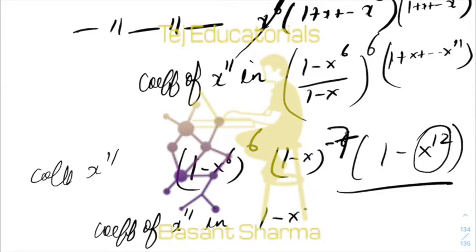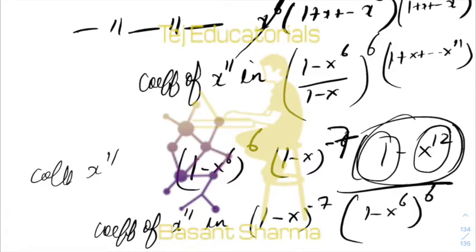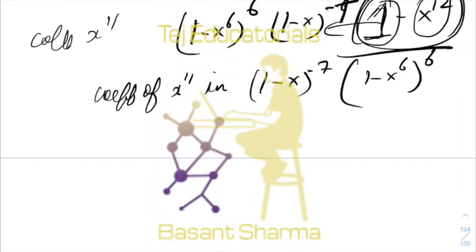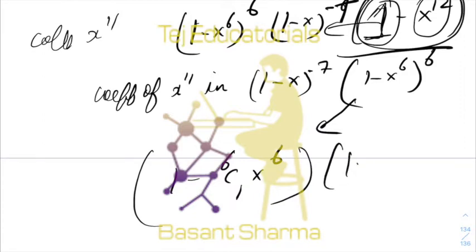So basically what you want is the coefficient of x to the power 11 in (1 minus x) to the power minus 7 into (1 minus x to the power 6) to the power 6. This factor can be ignored because only one multiplication by 1 will be important. And if you expand this, it is 1 minus 6c1 x to the power 6, and the remaining terms you can ignore, and then you have (1 minus x) to the power minus 7. So this is nothing but